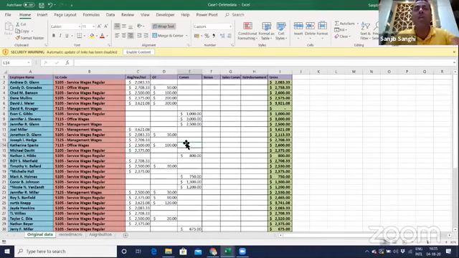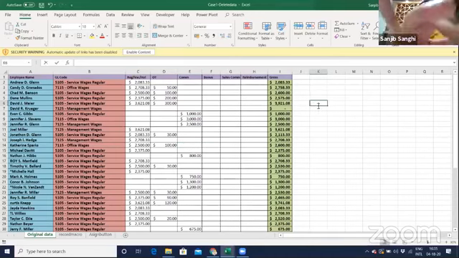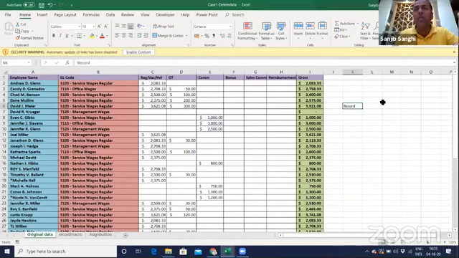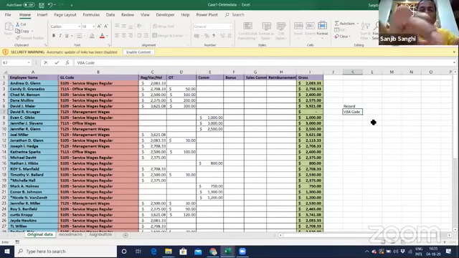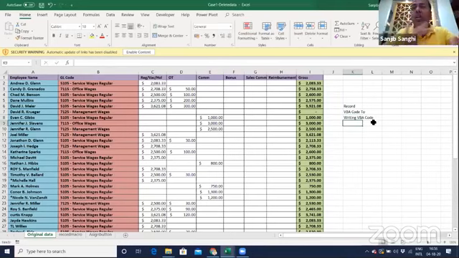Macros are done in 3 different ways. The first way is to record a macro, where we manually do a recording. The second way, let me make it bigger for you to read, is using VBA code too. I'm going to show you a demo of that as well. And the third way is writing VBA code. We are not here to write VBA code. So I'm going to do the first 2 case studies, and if you learn both of these in another 15 minutes, that is what we are going to achieve. We will cover how we can record a macro and how we can use VBA code to run a macro. These are the 2 things we are going to learn today.